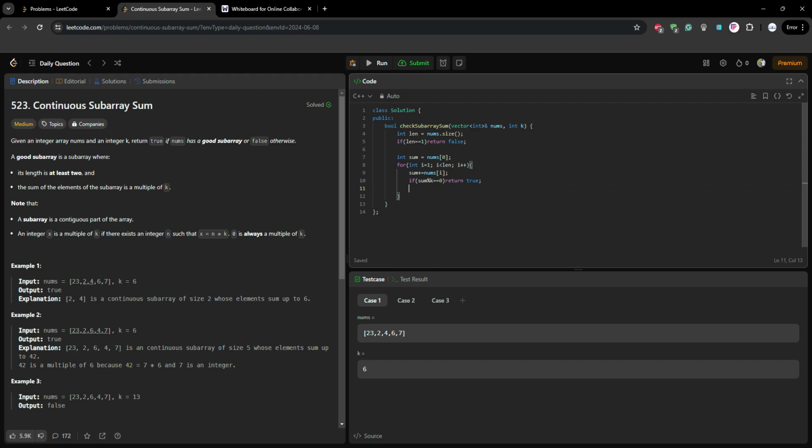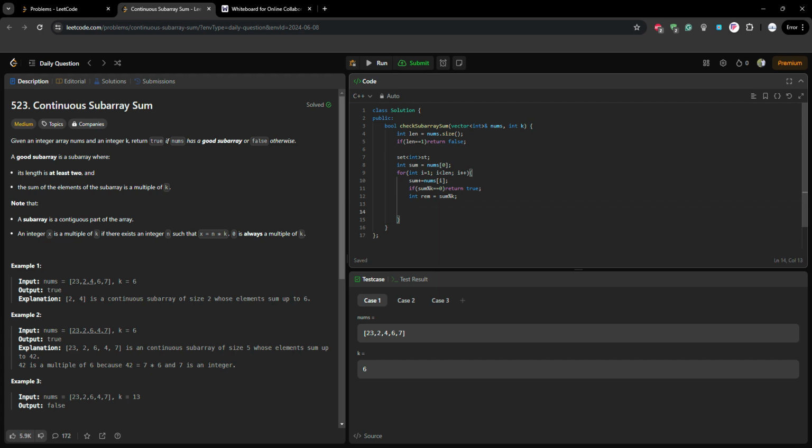So let us say int remainder is equal to sum modulo k. And where do we find the remainder which is same as sum modulo k from index 0 to i minus 2? We have not stored it. So let us form a set of integers, st, where we are going to store those values.